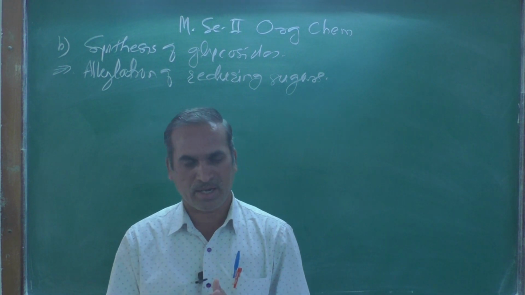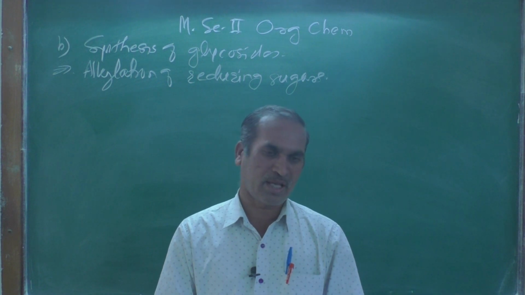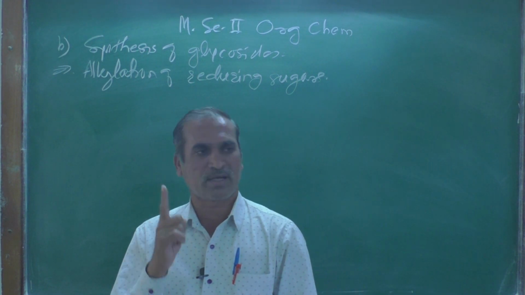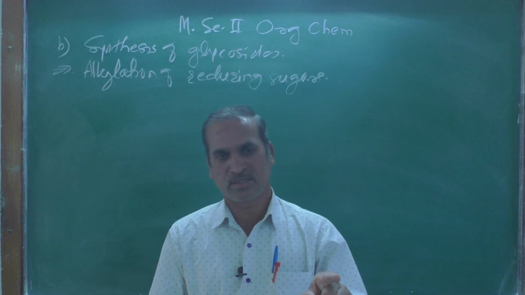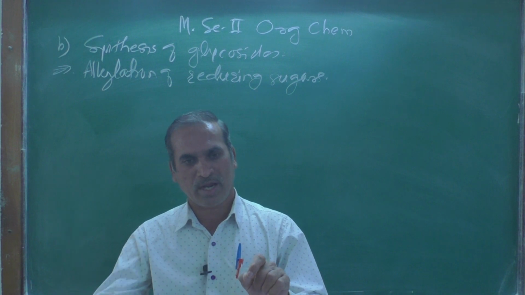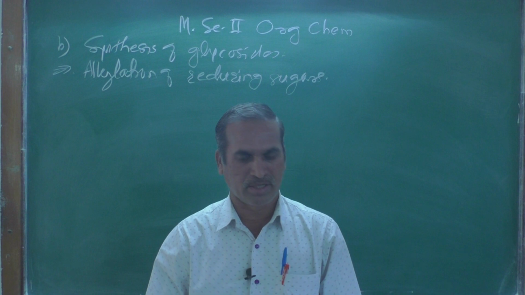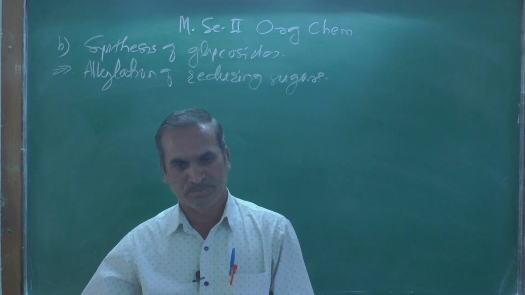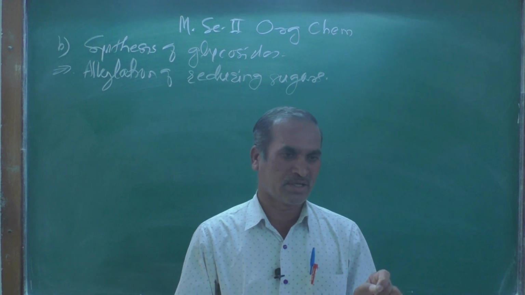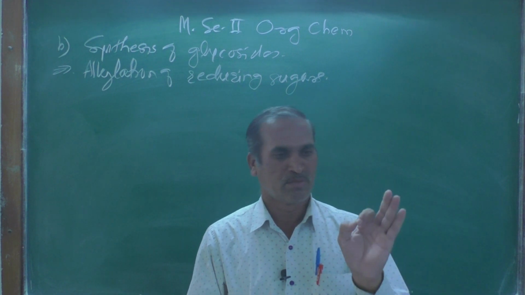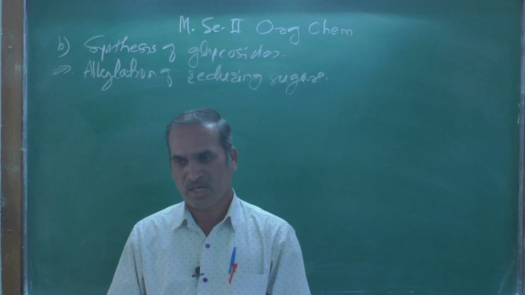Connectivity of the carbon atoms is the same, chiral centers are the same, but they differ only at carbon number C4. Glucose has a hydroxyl group on the right hand side. Whenever the hydroxyl group is on the right hand side, remember, that chiral center must have R configuration, and